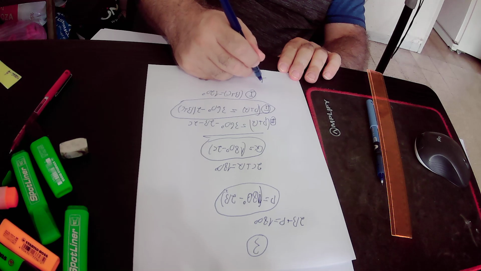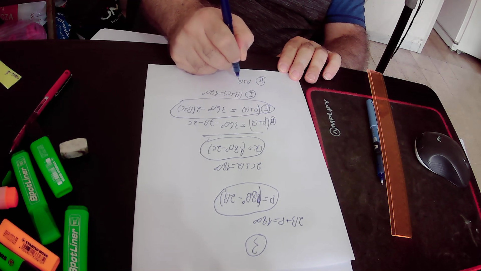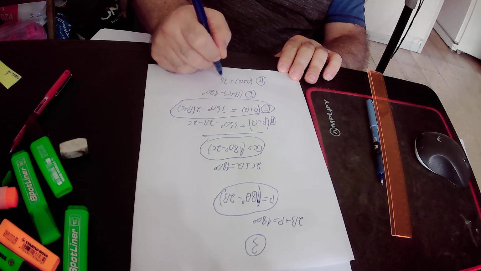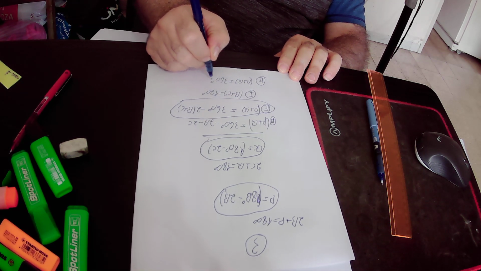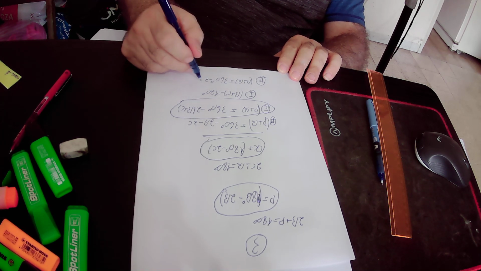Okay, so we will do it now. So P plus Q will be equal to 360 degrees minus 2 times, we will substitute B plus C by 120 degrees,